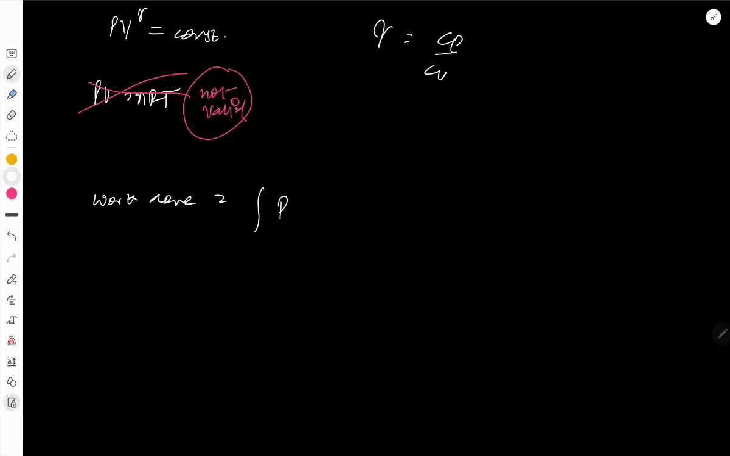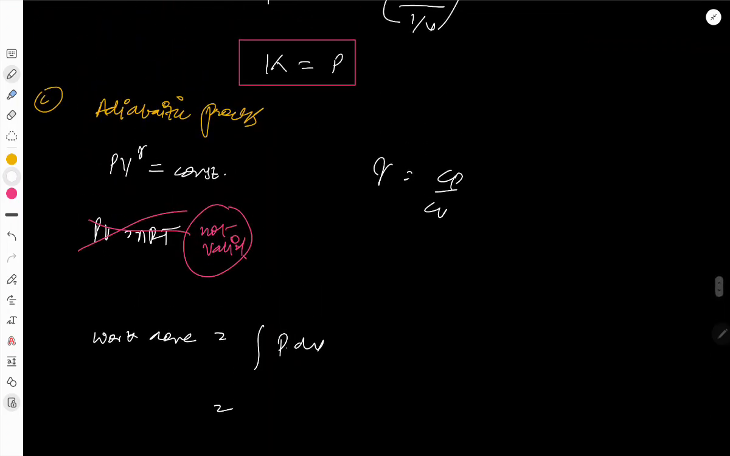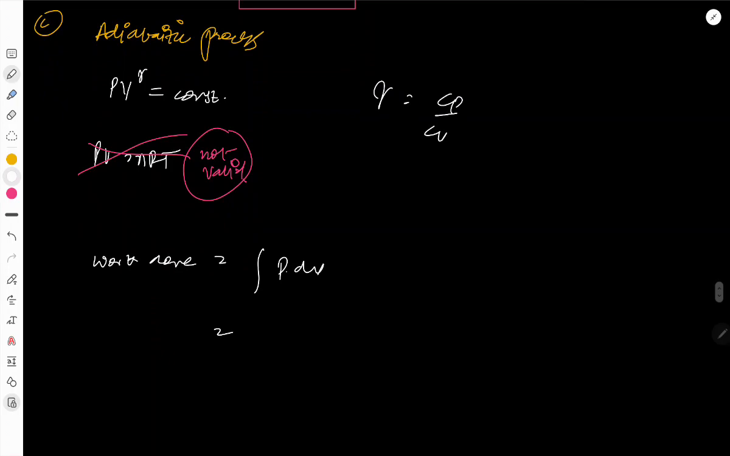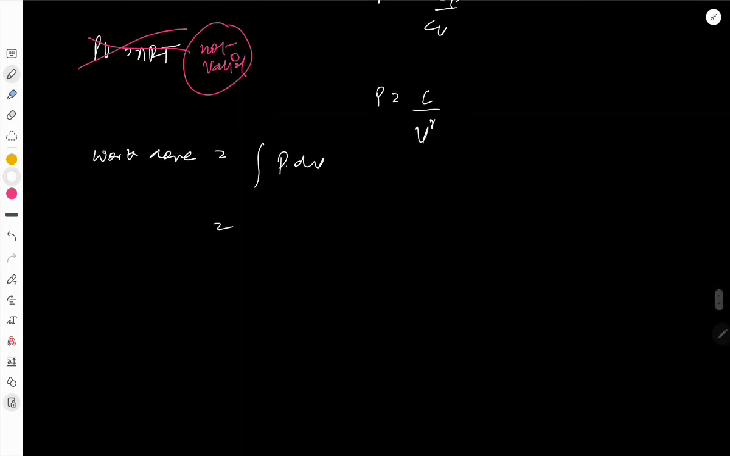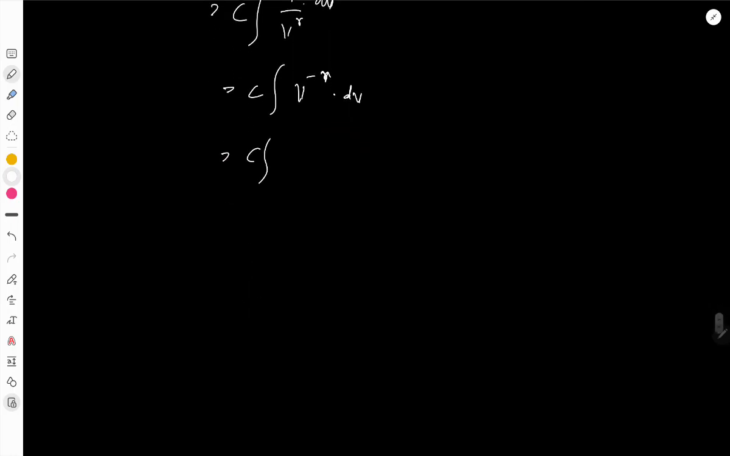Work done would be the integration of P dV. Now P times V to the power gamma equals constant, so we can write P is constant upon V to the power gamma. So it would be the integration of constant upon V to the power gamma into dV. Again we take C outside, and now it becomes 1 upon V to the power gamma dV. Now it is the integration of V to the power minus gamma dV, which equals